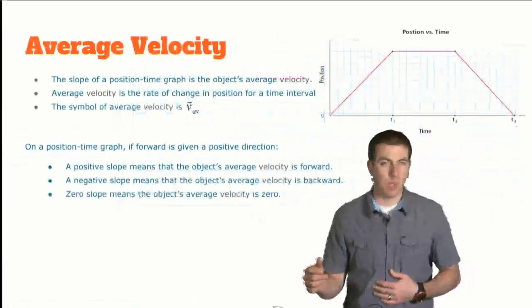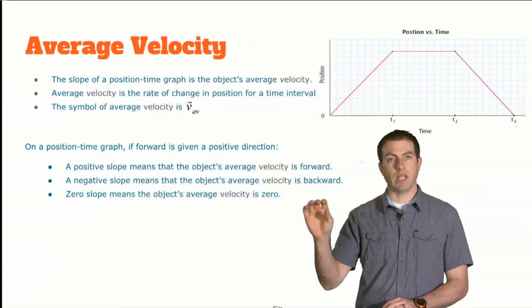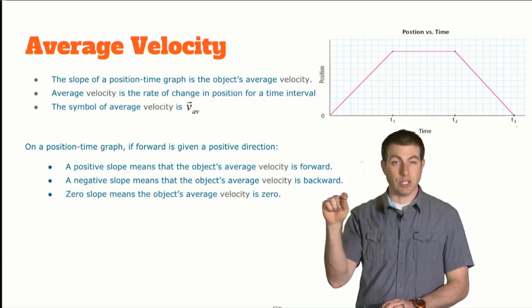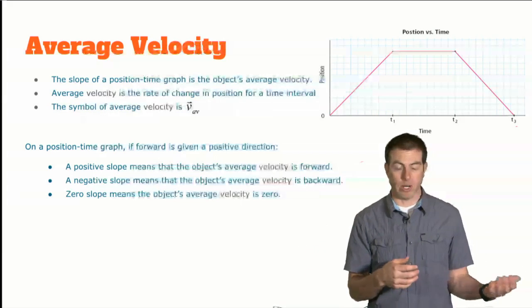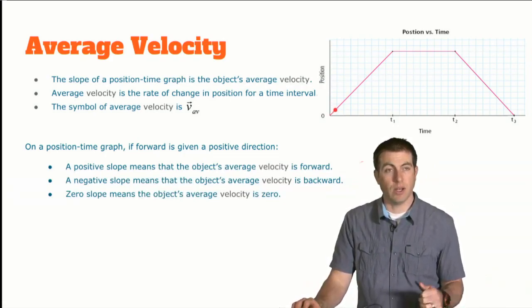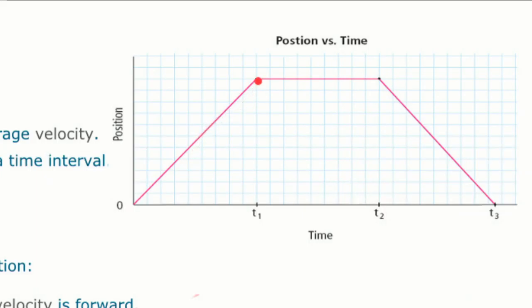We know what a positive slope means. In the example we looked at before, remember the ball was moving to the right. And then a horizontal line or 0 slope, the object was stationary, not moving. And then a negative slope, the object was moving back from where it came. So if I were to describe the object here, I'd say the object was moving away from where it started. Maybe then the object took a little break, and then the object moved back to where it started. At 0